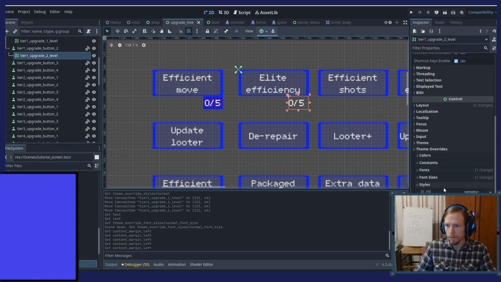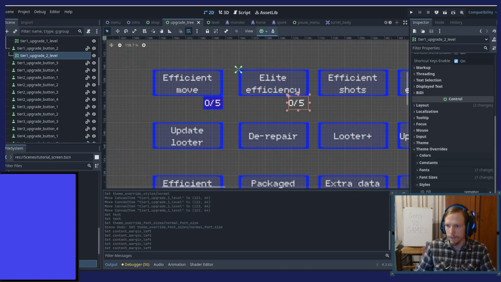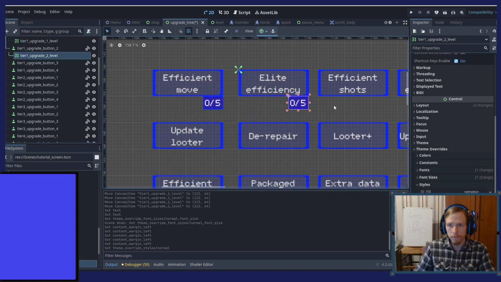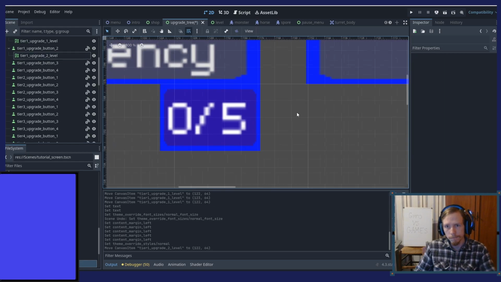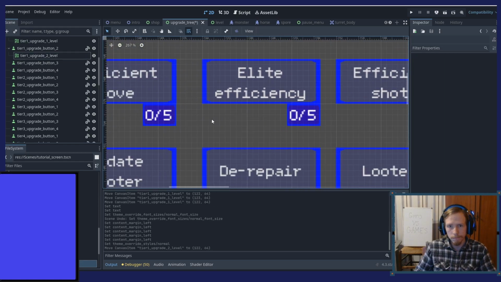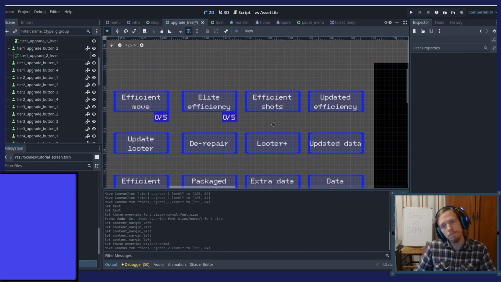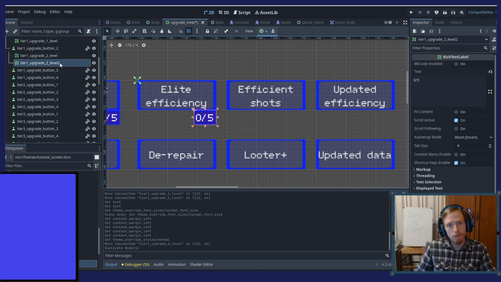So if I add same style here, okay, I think this might work.